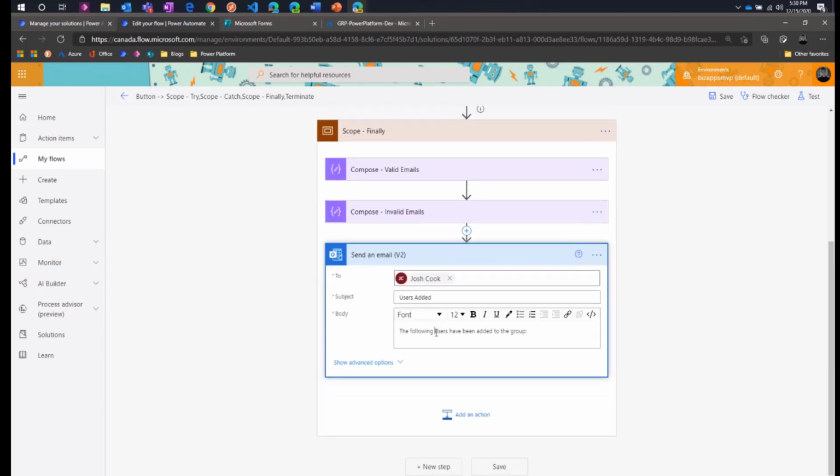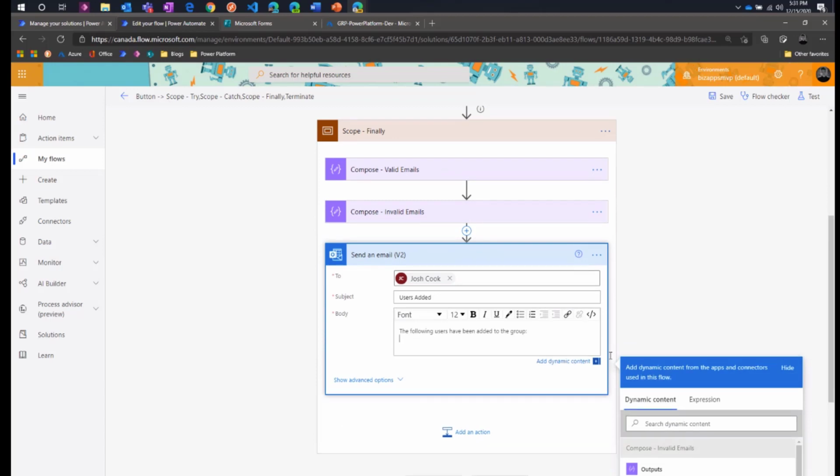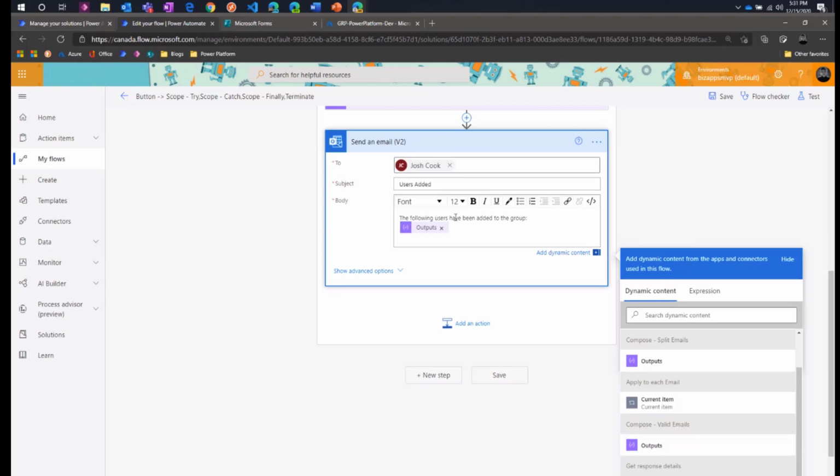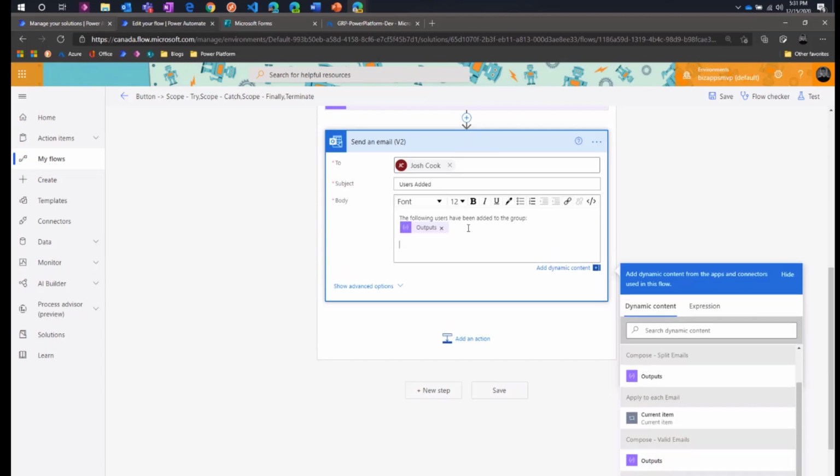Now we're going to find out if I can actually pass in a blank variable. So the following users have been added. That's going to be this compose here, compose valid emails. That's that array. And this is where, if I really wanted to make this email look very nice, and I'll show it after, the following,